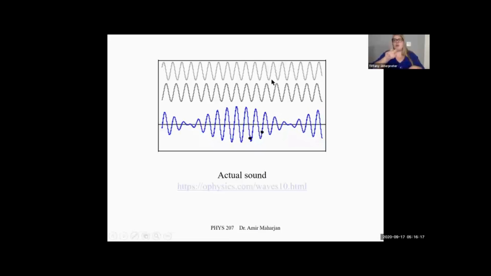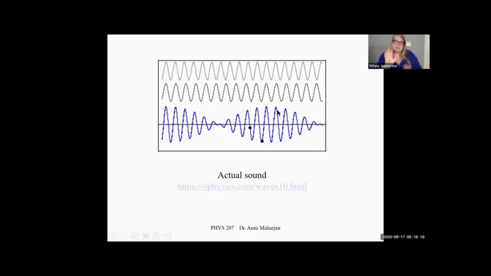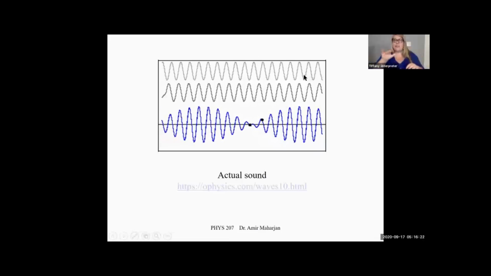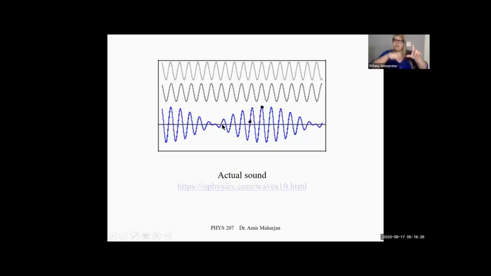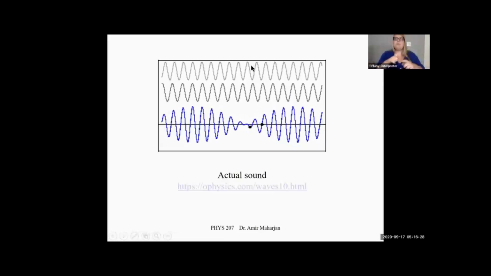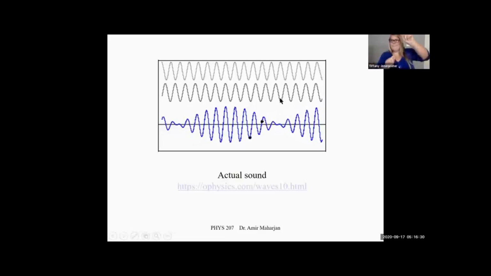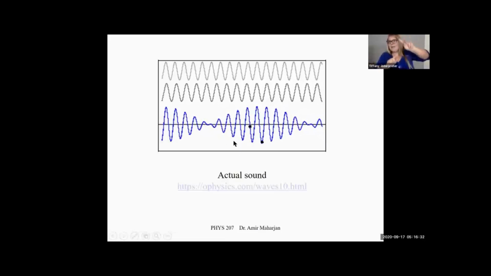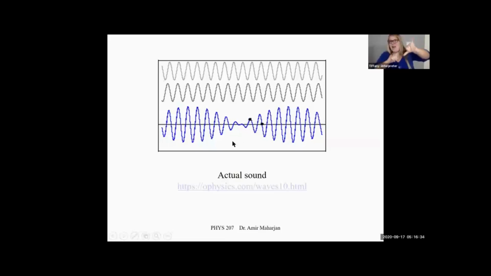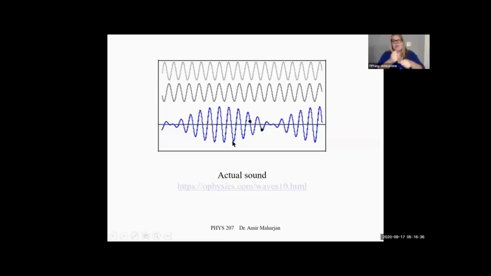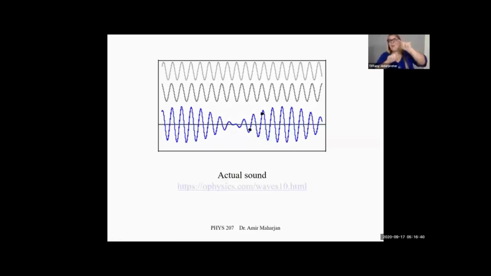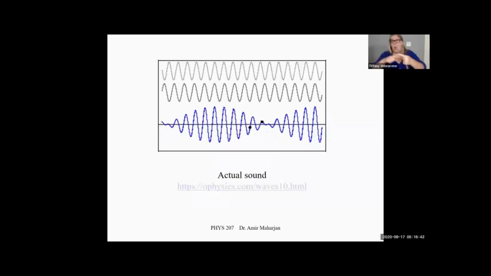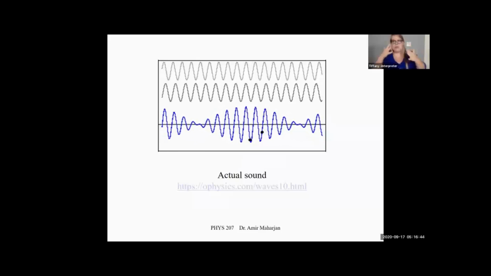We know this is constructive interference, right? See, they meet in phase, peak to peak, trough to trough. But at some time they meet in opposite phase, see? Peak meets with trough and so on. They produce no sound. So you'll hear this ringing sound, loud and no sound, depending on the frequency difference. This phenomenon is called beats, okay?